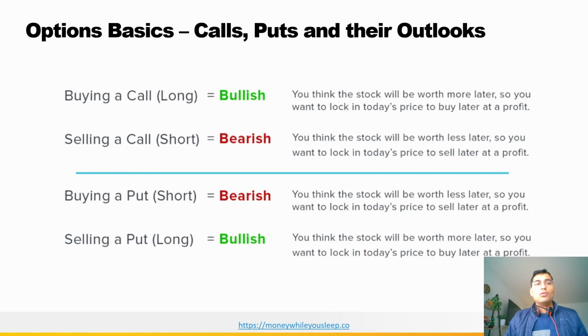So what is call and what is put? When somebody buys a contract called a call, which is a kind of option, he has a mindset or an outlook that the stock is going to go up. So he's bullish about that particular stock. And we'll look at the example.